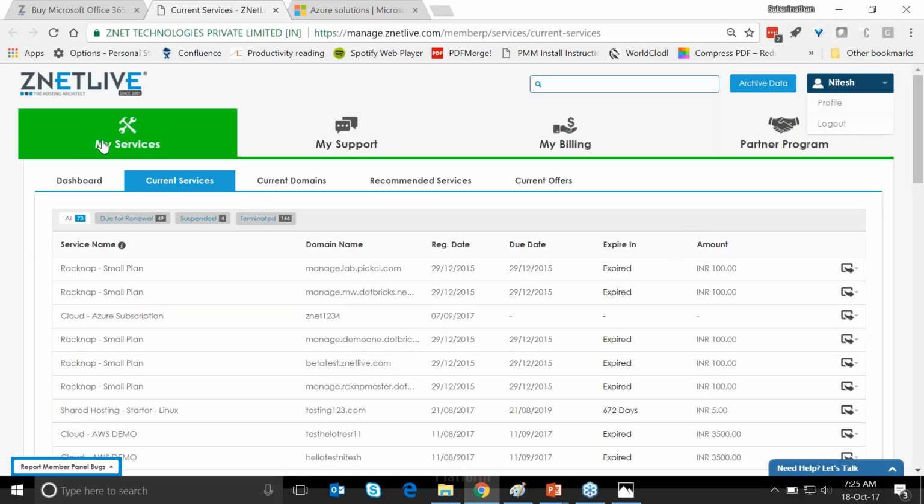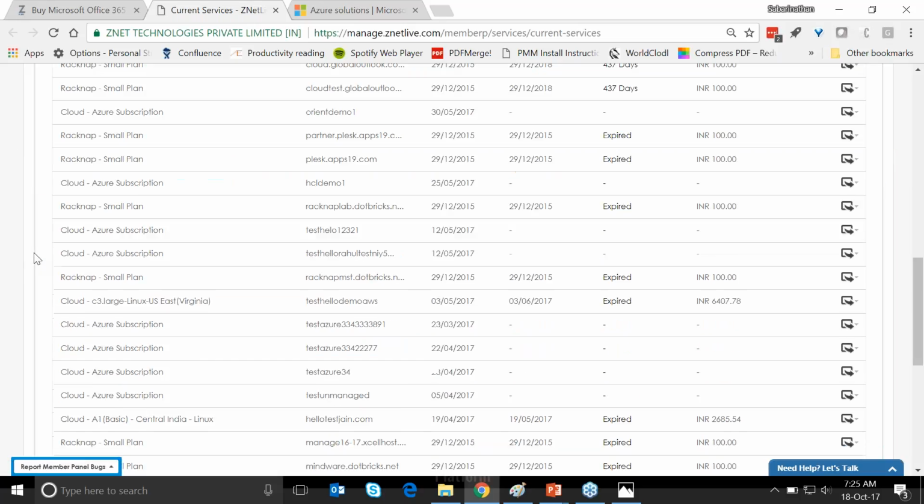This is the name of the customer, the services he purchased, the support tickets he's logging, and billing information such as invoices, orders, receipts, ledgers, and quotations, all appear under the billing section. Under the My Services section, I'm quickly going to open up, for example, an Azure subscription